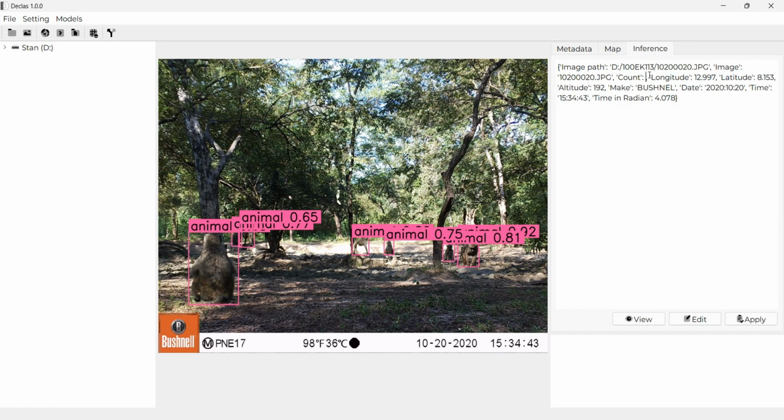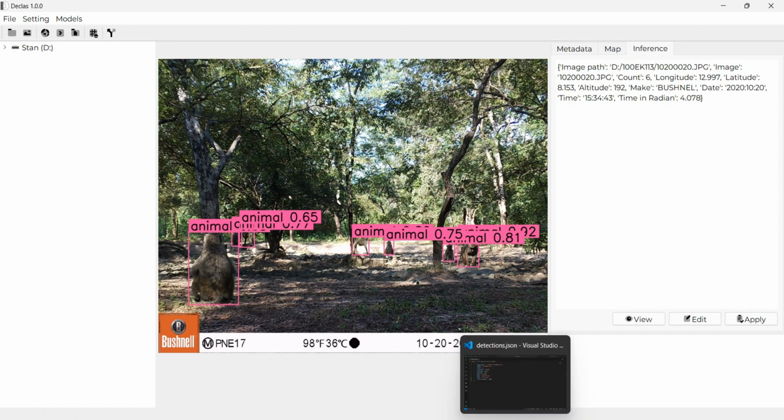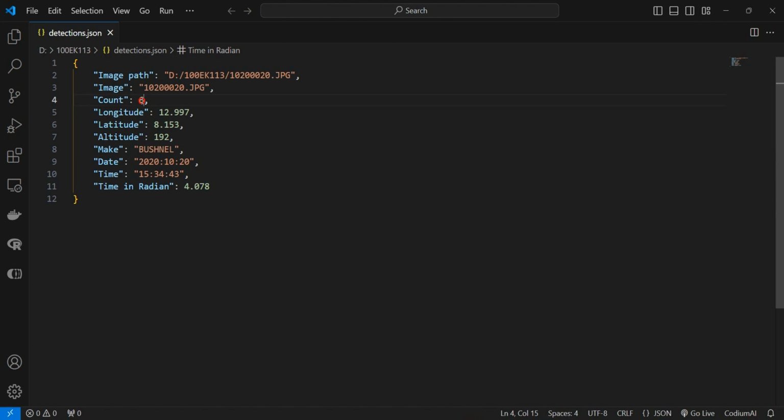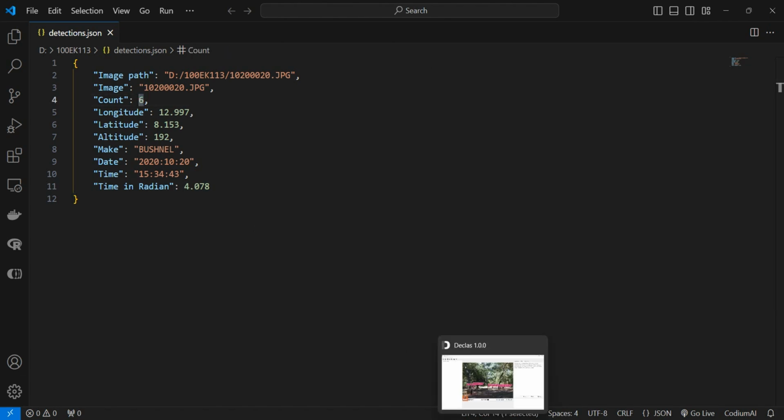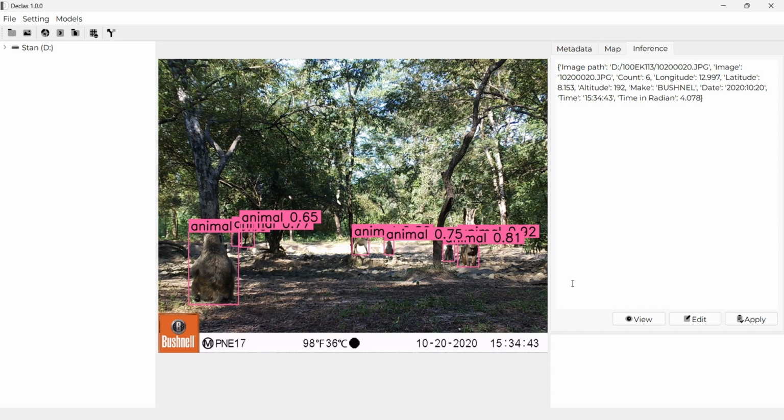For example, I can put 6 and apply. You can see here, change applied. If you make a mistake, you will get an error. I will do something intentionally and show you the message you can get. If I come back here again, you can see that my change is automatically applied on my detection. So this is a simple way to show you how you can edit the output of detection or classification.